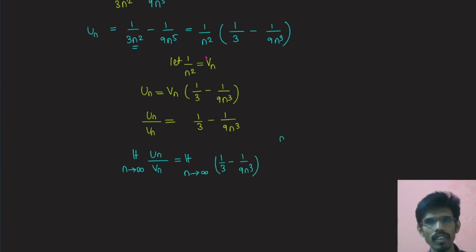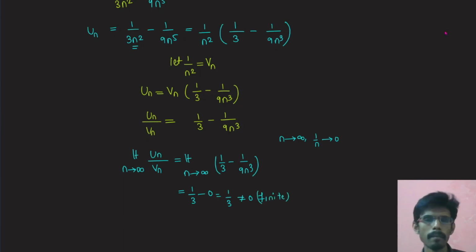We know that when n tends to infinity, 1 by n tends to 0. So this will become 1 by 3 minus 1 by n cube, whose value will be 0. So I'll get 0 here, so that will be 1 by 3, not equal to 0. That is a finite non-zero number. Now in the comparison test, if this limit as n tends to infinity of Un by Vn is L, a finite number, then we see